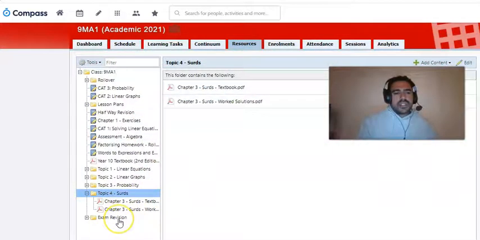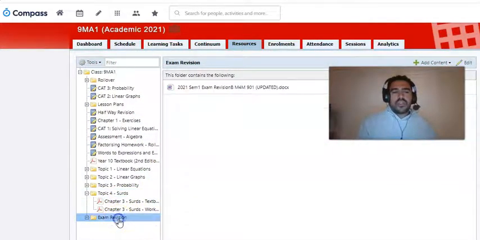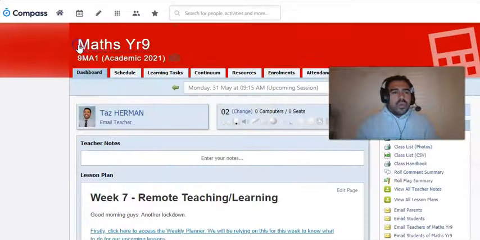Another folder you should see is the exam revision folder, and here you will see an exam revision file that you can download, and it has questions for you to tackle. I'll get to that in a second. For now, when we head to our dashboard,